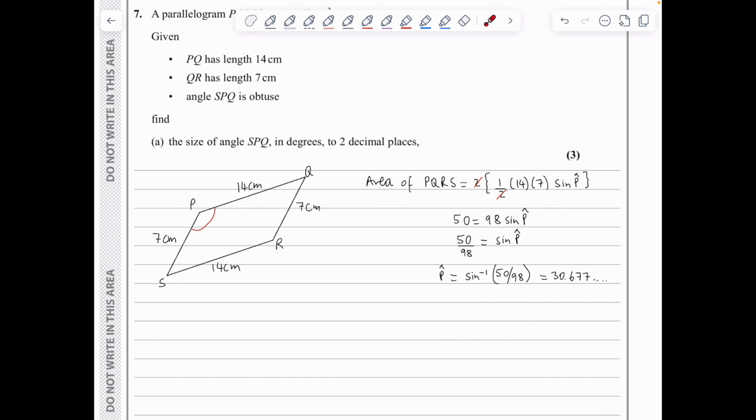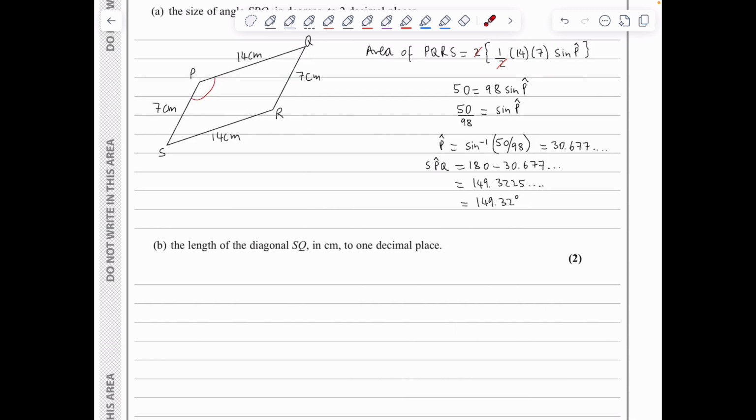However, bearing in mind that angle SPQ is obtuse, we need to do 180 minus the answer we just got. So SPQ is going to be 180 minus 30.677... which is 149.3225... which correct to 2 decimal places is 149.32 degrees. In part B, we need to determine the length of the diagonal SQ in centimeters to 1 decimal